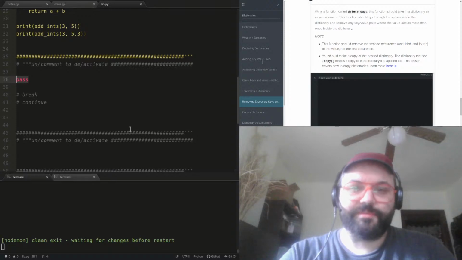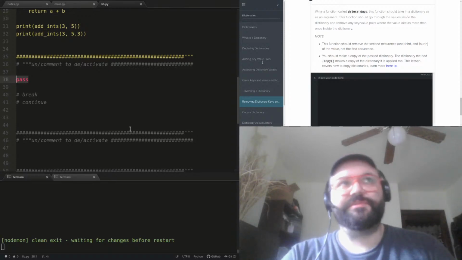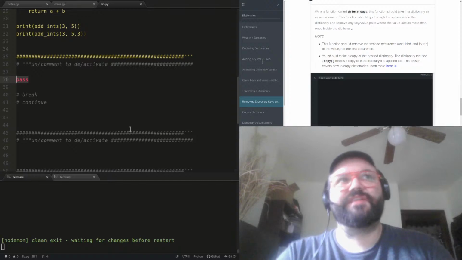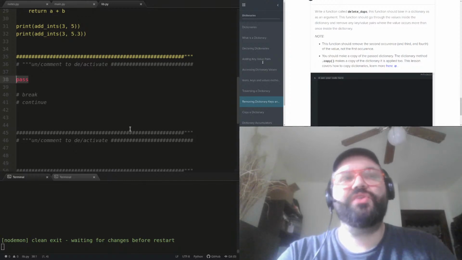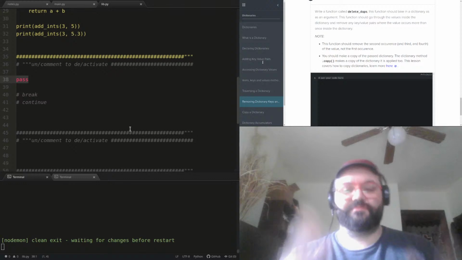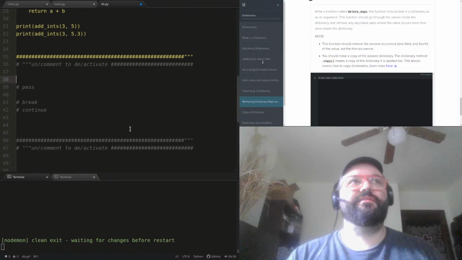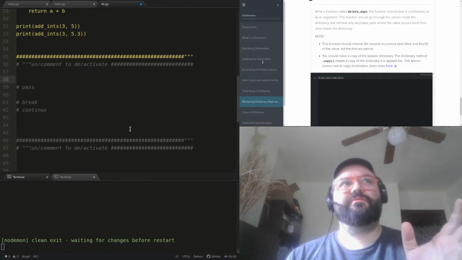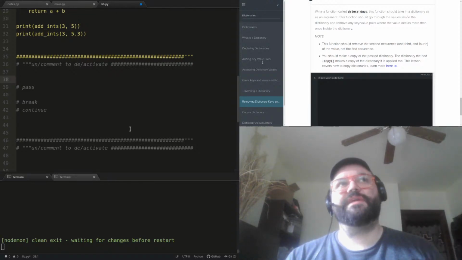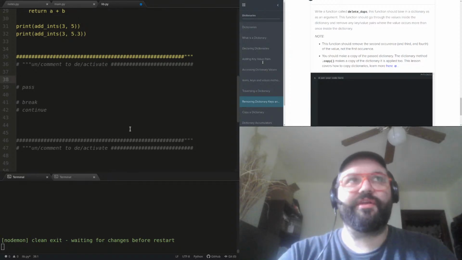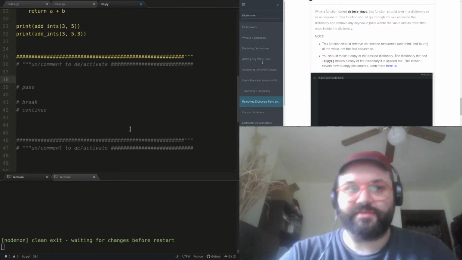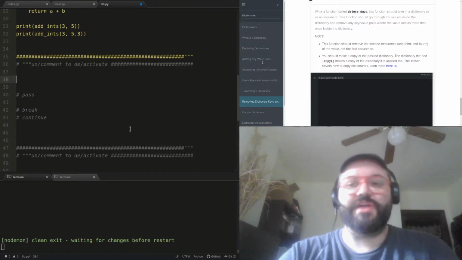But it does come with some limitations, or it can come with some limitations. One of those limitations is that when you write a line that expects a block of code indented underneath it, there has to be something indented under it. Python will not accept that there's nothing indented under it, right?